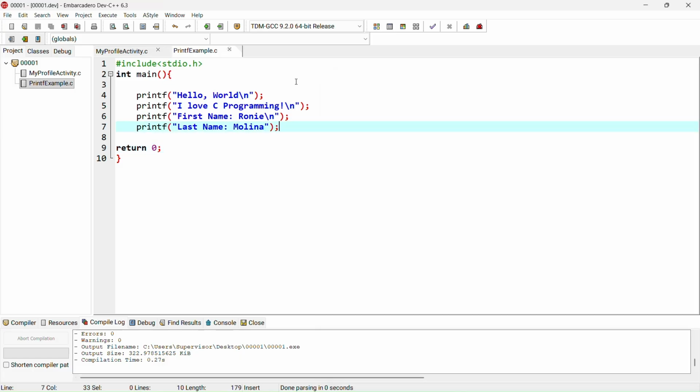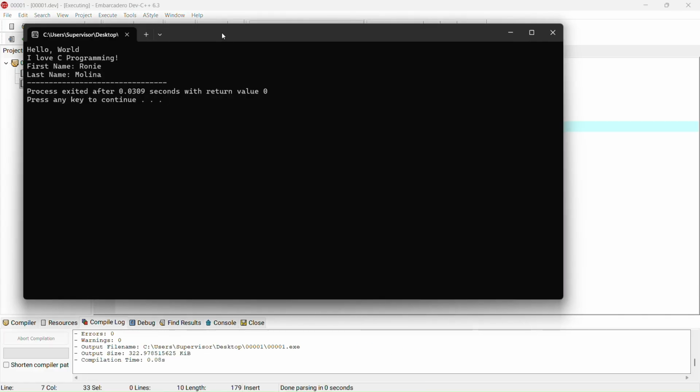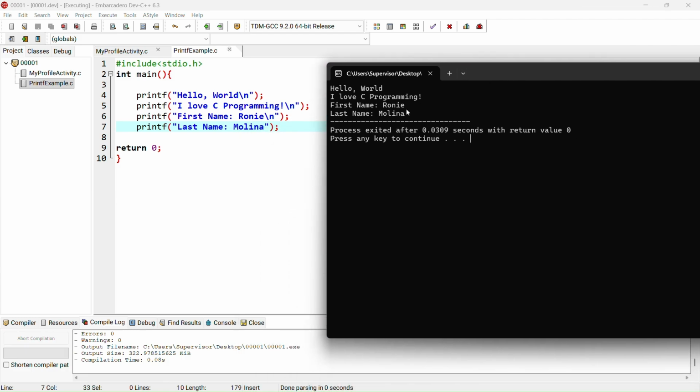Next is the \t or tab space. It works like pressing the tab key on your keyboard. Each \t adds a fixed amount of white space. This is very useful when we want to organize our output and make it look neat, especially when displaying labels and values. For example, instead of having messy alignment like this, first name Roni, last name Melina, we can improve